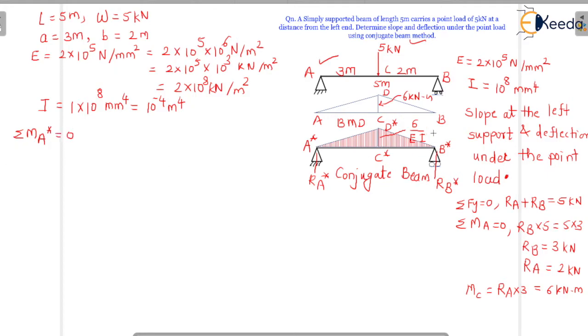So we know this RB into total 5. RB star into 5 is equal to area of this particular triangle into CG distance, area of this particular triangle into CG distance. So this will not be an equilateral triangle. Sorry for this diagram, it looks like that. But when this is 3 meter, this is 2 meter, this triangle should be like this actually. But anyways, the understanding is we have to be careful that it is 3 meter here, it is 2 meter. So CG distance, when you consider area of this particular triangle, our CG distance will be this much.